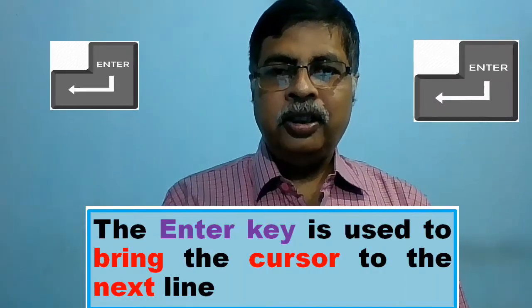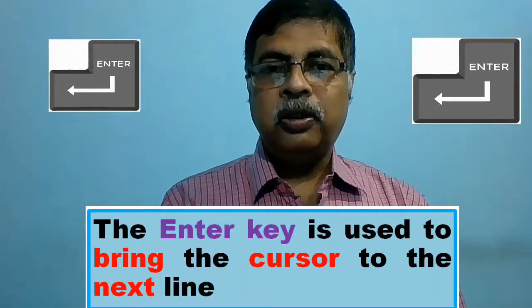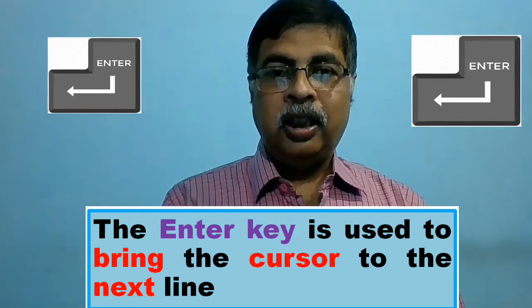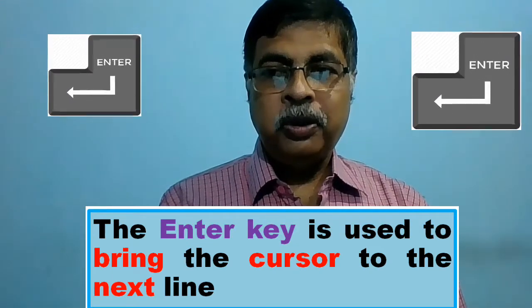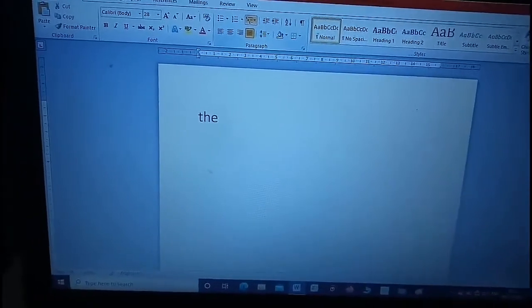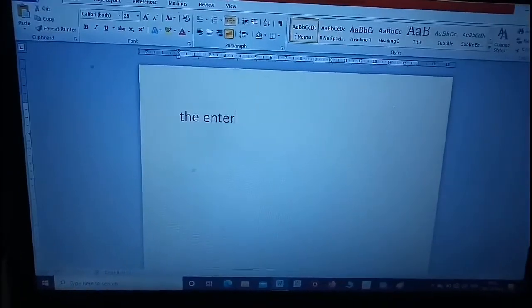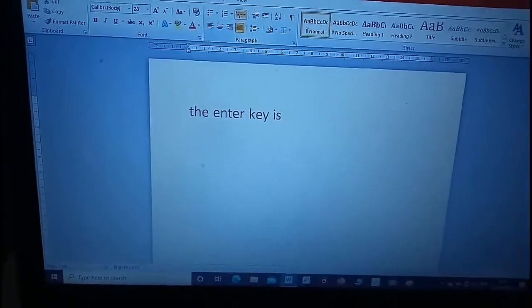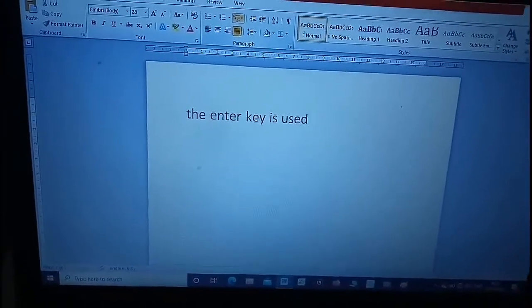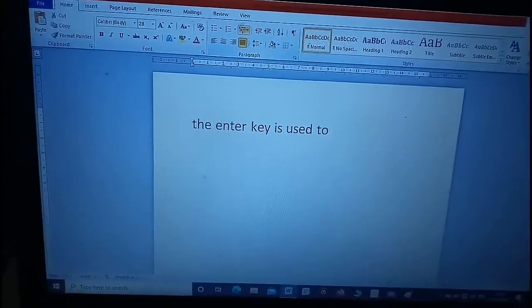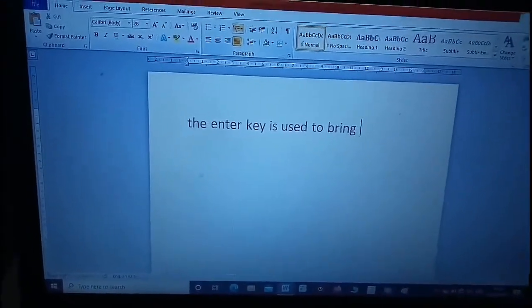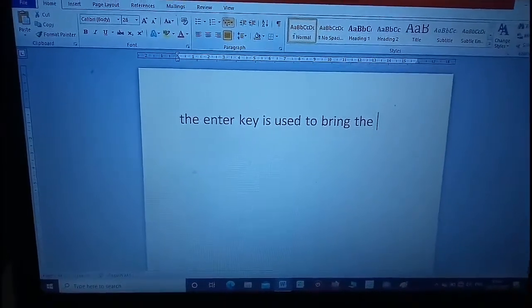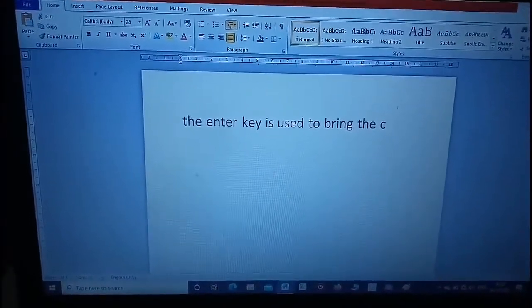The enter key is used to bring the cursor to the next line. There are two enter keys on your keyboard. Now let me type. Enter key is used to bring the cursor